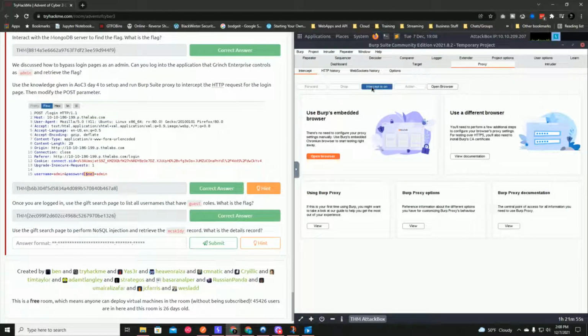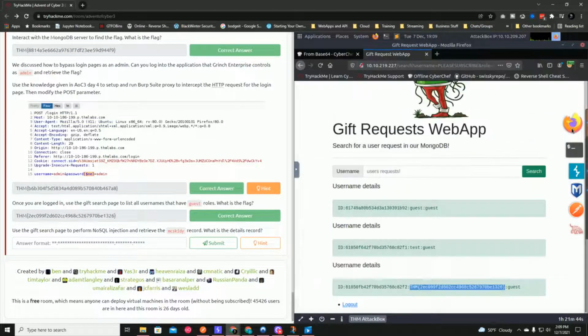Let's turn on another intercept. Go back to our web browser, and then, no, that went back to BurpSuite. Go back to our web browser, and we're going to type in